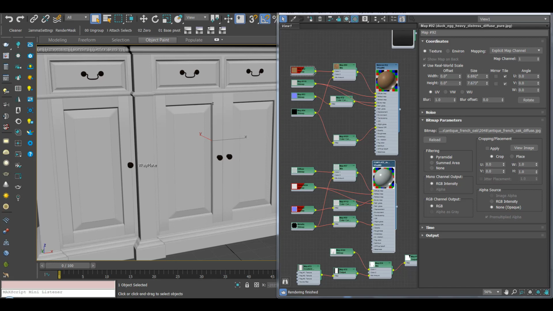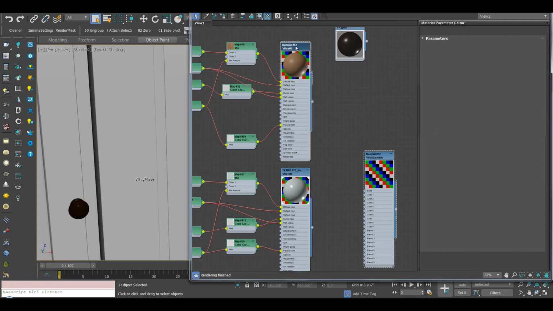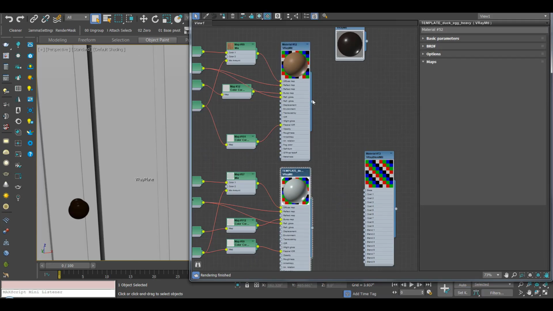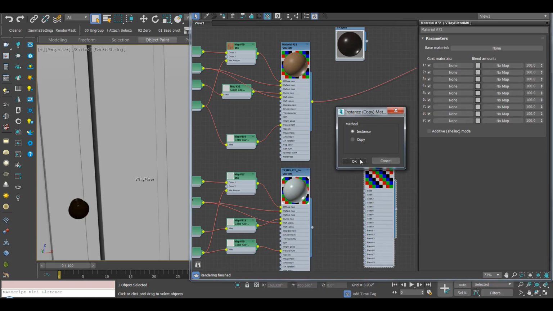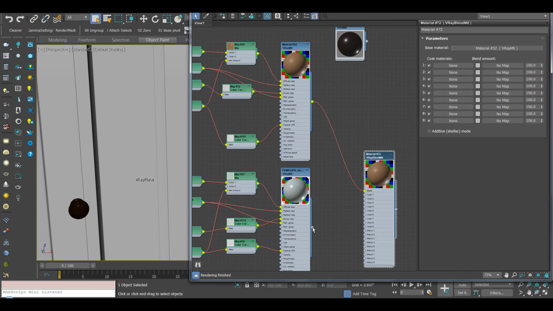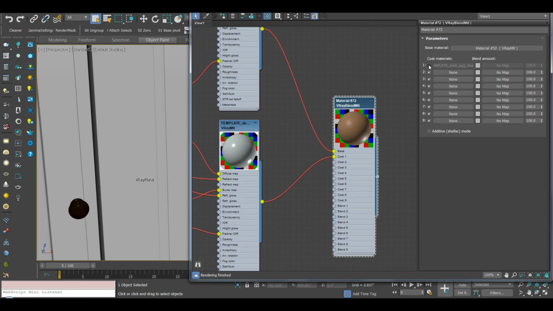So to distress this, once we've merged this into the studio scene, we want to apply a blend material. I've created the antique oak and the duck egg, and I've got a blend material here. I'm going to plug in my wood to the base, and then the coat is going to be the paint. I'm going to instance that, and you can see what that's doing. We've got the base of wood here, and then when we put this coat on, it blends it together,